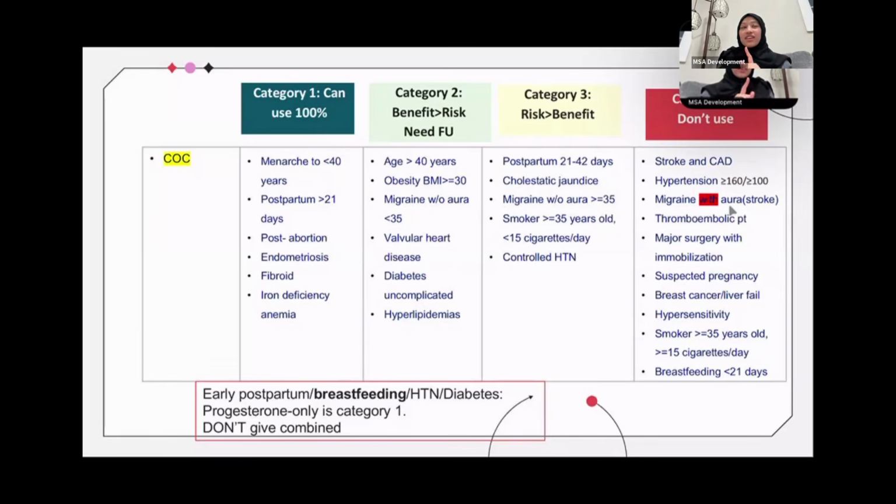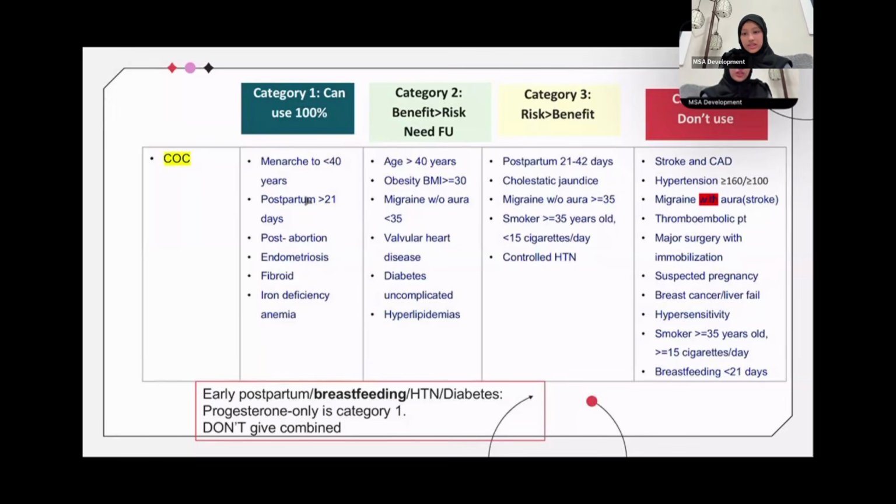With aura, not without any age, if someone has migraine with aura, you absolutely do not use oral contraceptive pills because estrogen can increase the risk of migraines, and this in particular can increase the risk of stroke. So people who have confirmed thromboembolic, major surgery with immobilization, suspected pregnancy, do not give combined